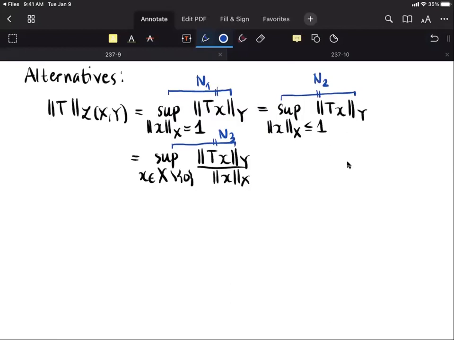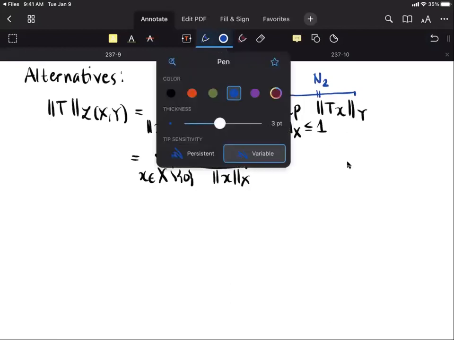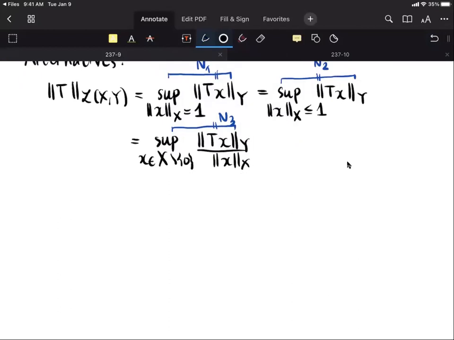So for this, applying, let's say, homogeneity, we have the following. So if x is in capital X, take note that the norm of x